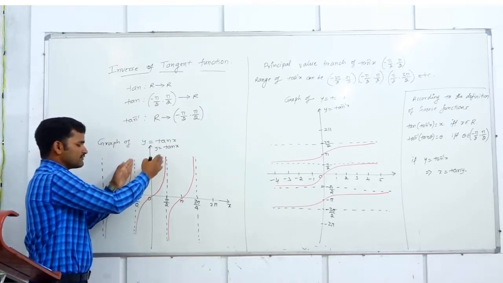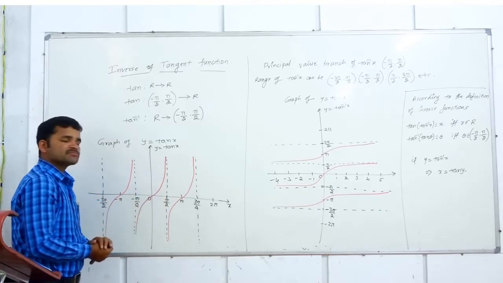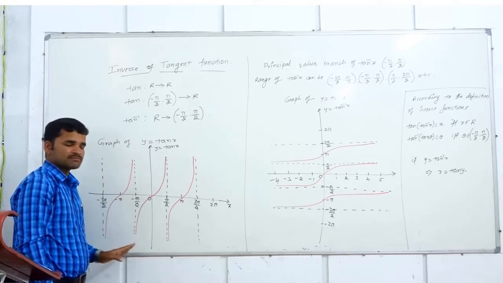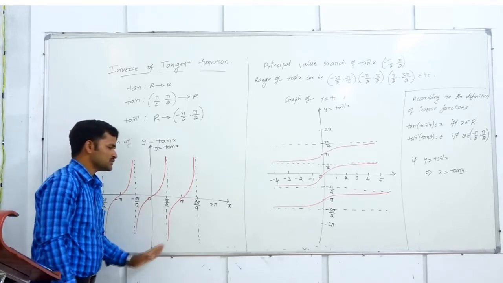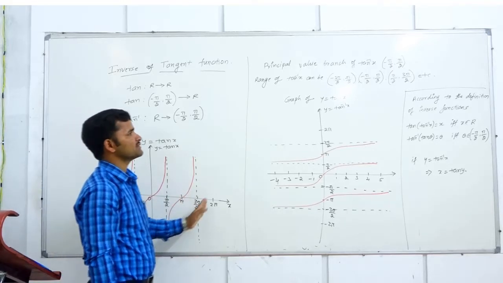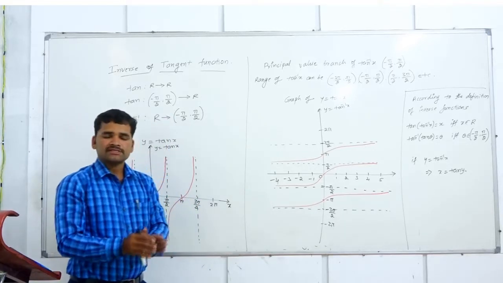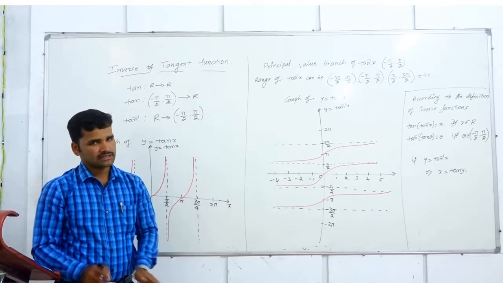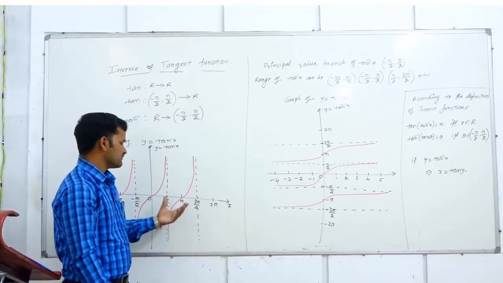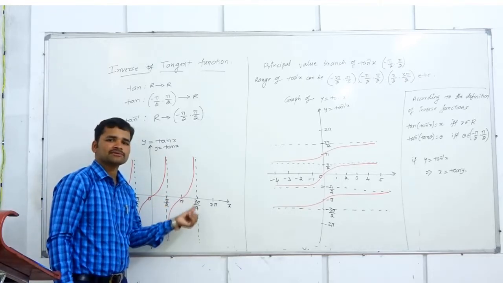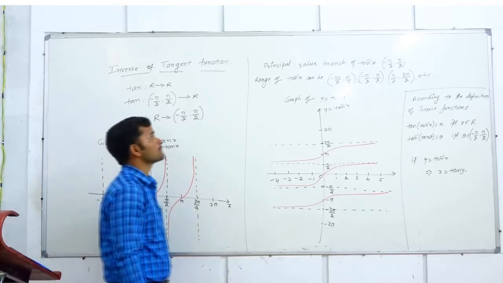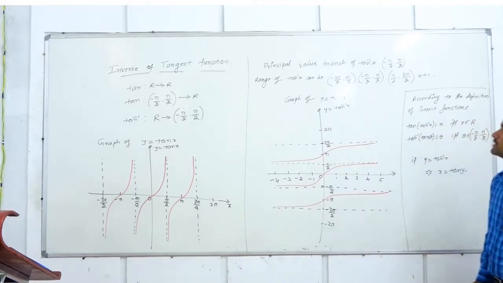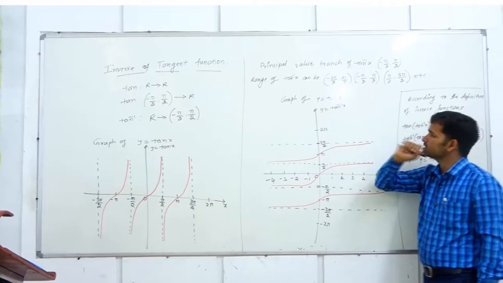Instead of restricting the domain to minus pi by 2 to plus pi by 2, we can restrict it to minus 3 pi by 2 to minus pi by 2, pi by 2 to 3 pi by 2, 3 pi by 2 to 5 pi by 2, like that. If the question is to write the range of tan inverse of x other than the principal value branch, we can write anything like pi by 2 to 3 pi by 2 or 3 pi by 2 to 5 pi by 2. The principal value branch is the open interval minus pi by 2 to plus pi by 2. The range of tan inverse and other ranges I have written here.